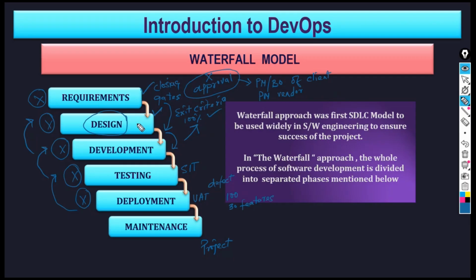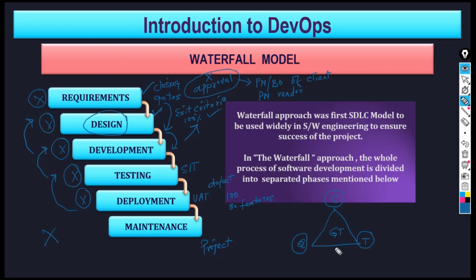If that is a design flaw, then your project is almost gone, because there is a golden triangle of project management. What is that? Can anybody tell me what are the 3 dimensions of this triangle? Anybody? First of all is the cost. Second dimension is the time. And the third one is the quality.